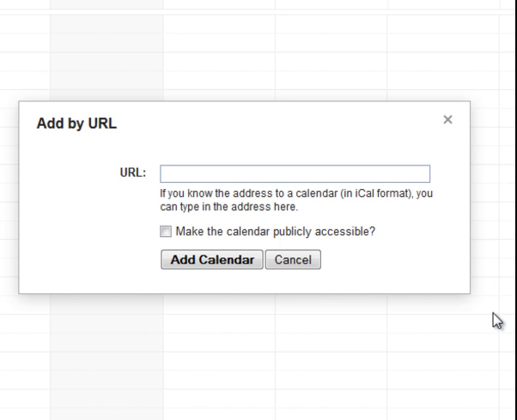So I'm going to hold down the Control key and push down the V key, which pastes that link. You probably want to leave Make the Calendar Publicly Accessible unchecked, and then click on Add Calendar. I'm not going to do that right now because I have already added the revised Common Lectionary to my calendar list. But you would click Add Calendar, and when you do that,